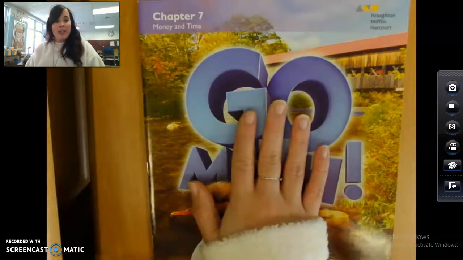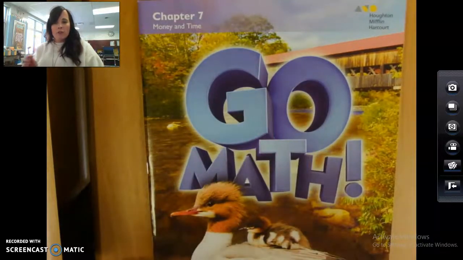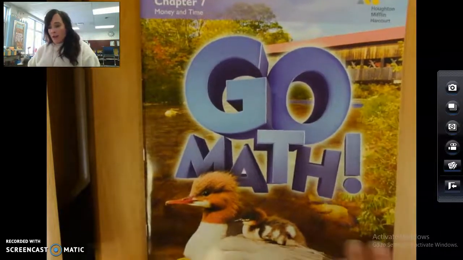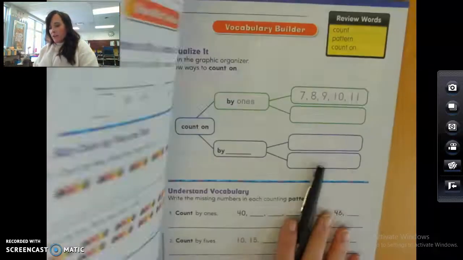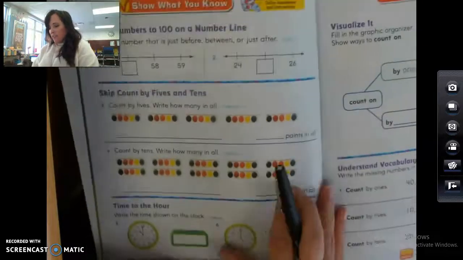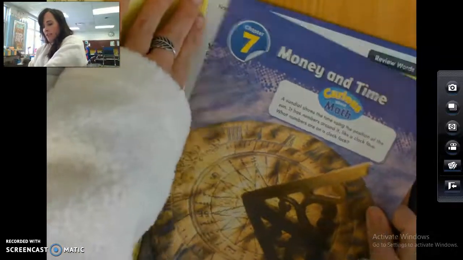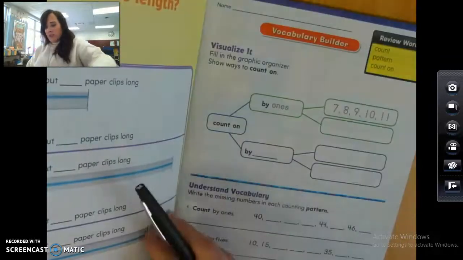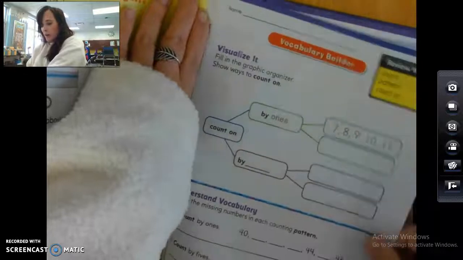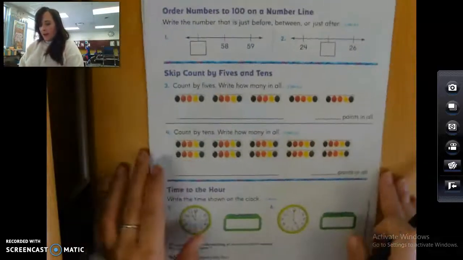All right, today we're just going to be doing our introduction, so just those 2 pages. It's not a complete lesson. All we're going to do is open up our Chapter 7 workbook, hopefully you have yours, to page 464 and 465. And I'm going to rip those 2 pages out. If you don't rip out your math pages, that's fine. Just find the pages and then we'll get started. So if you need to, pause the video and get yourself all figured out. Okay, so